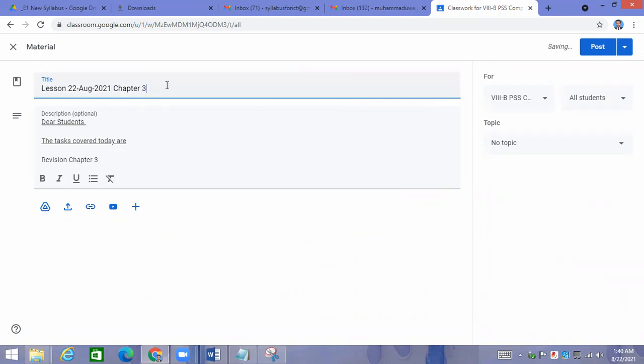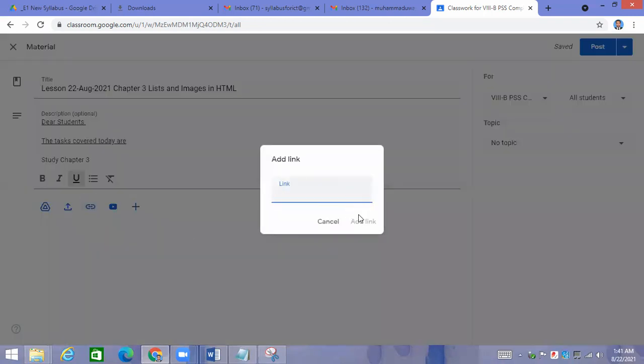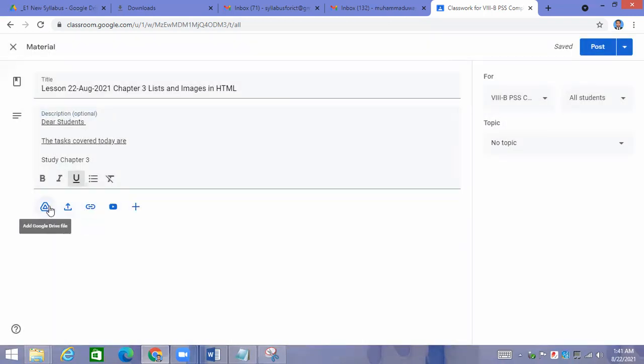Chapter number 3, lists and images. I am going to give you this file. You will be able to see this file right now. I am going to attach this file.